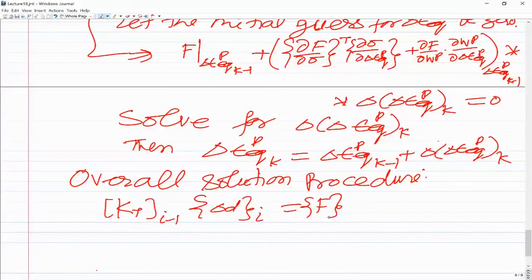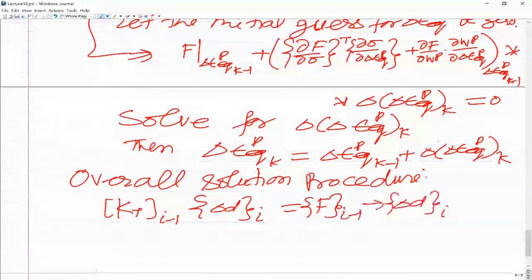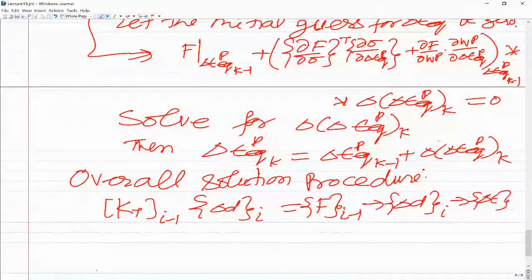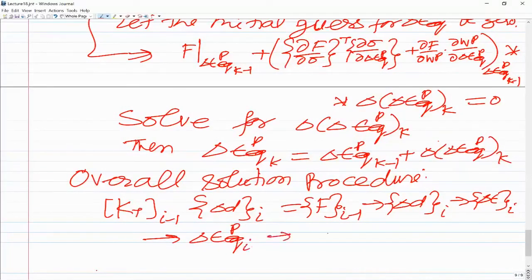From this you get your delta d_i, and from that you get delta epsilon_i. Then we have already got the equation for how to find delta epsilon equivalent P; after carrying out the iterations over this k, we will get delta epsilon equivalent P for the ith iteration, and from this you will get the stress increment for the ith iteration, and therefore finally the sigma for the ith iteration,